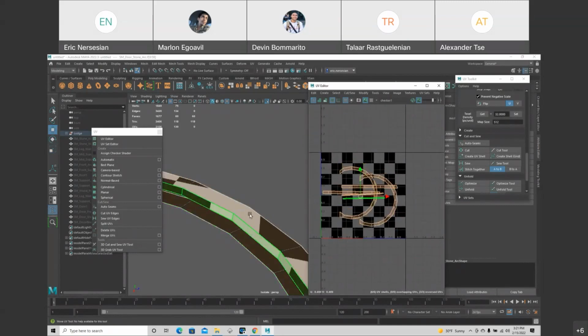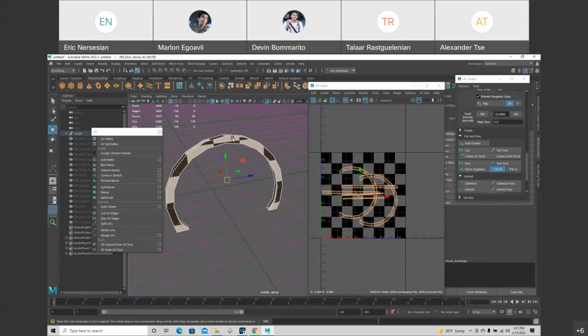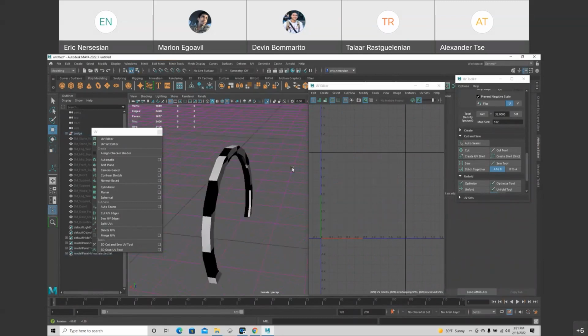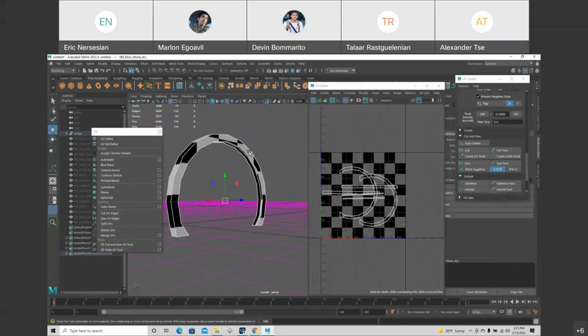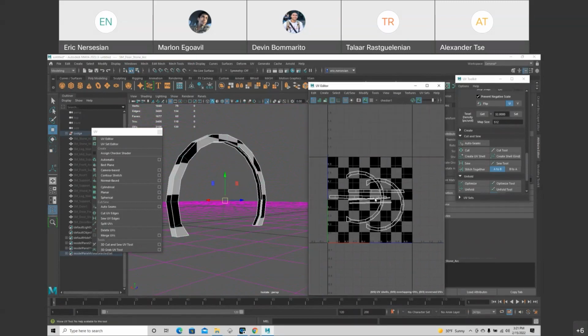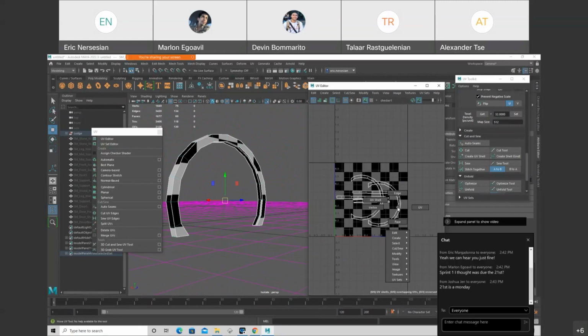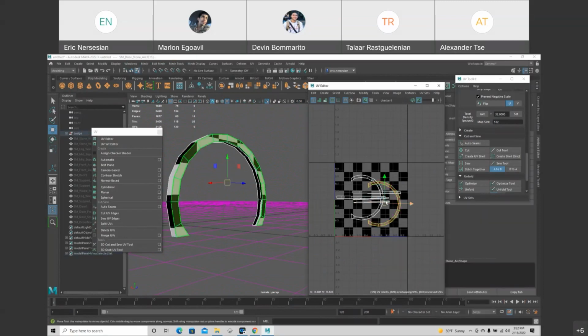Notice as I zoom out, the squares are so big I can't really see what's going on. But since I already did my adjusting, I know everything's good. So again, I'm going to aim for unique space.